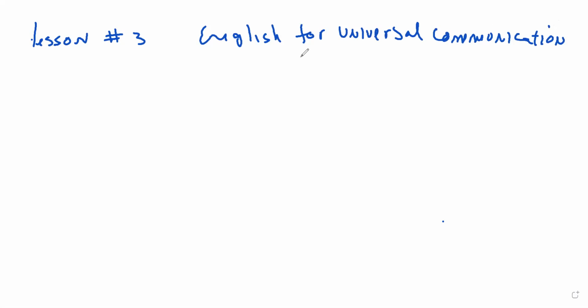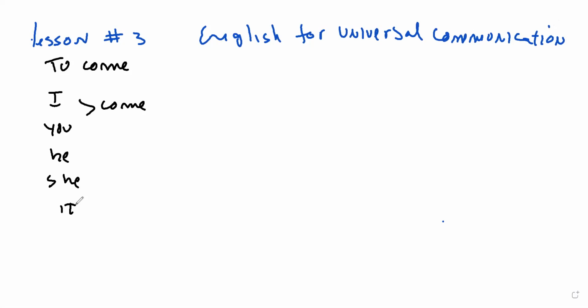So let's use the verb to come, venir, in Spanish, of course. Let's combine it with I, you, and here you can go to come, and he, she, and it, and here you have to go to comes with the S. So from here, we can go this way. Comes from, we can use from,